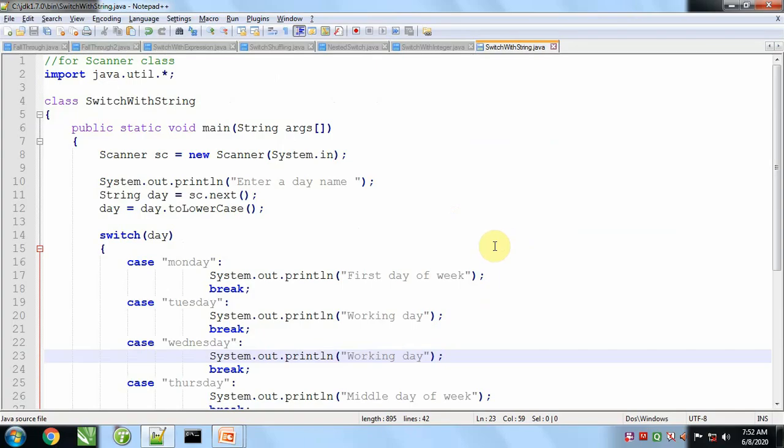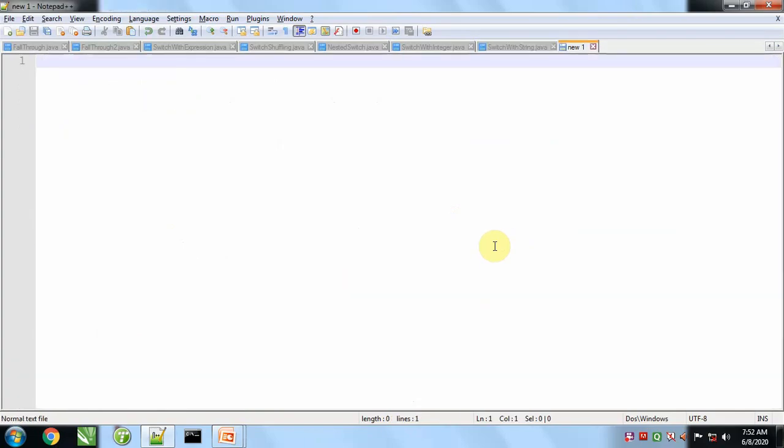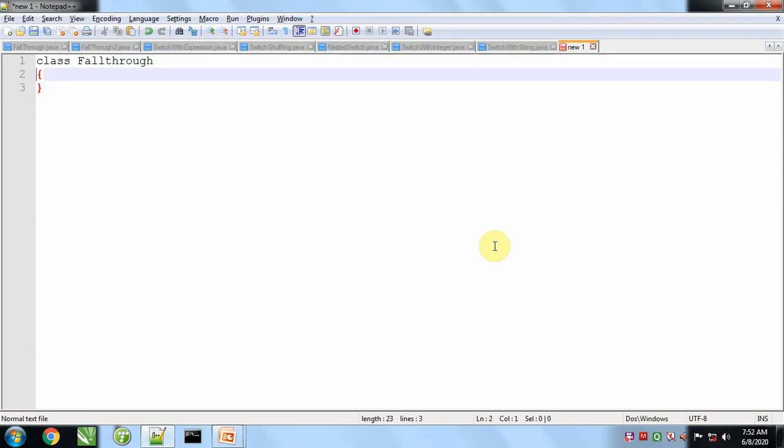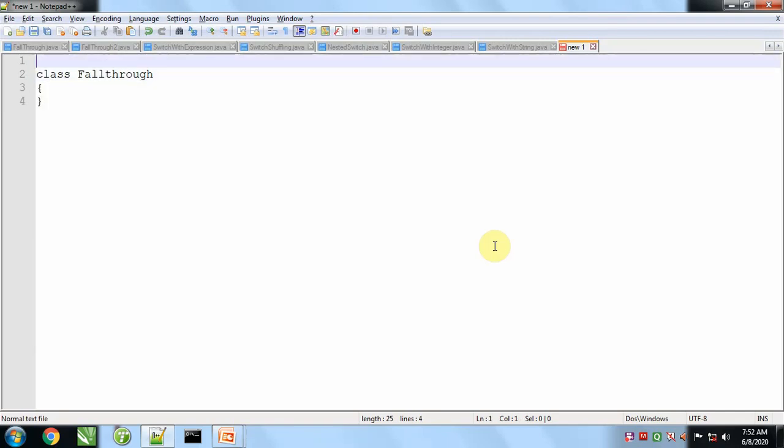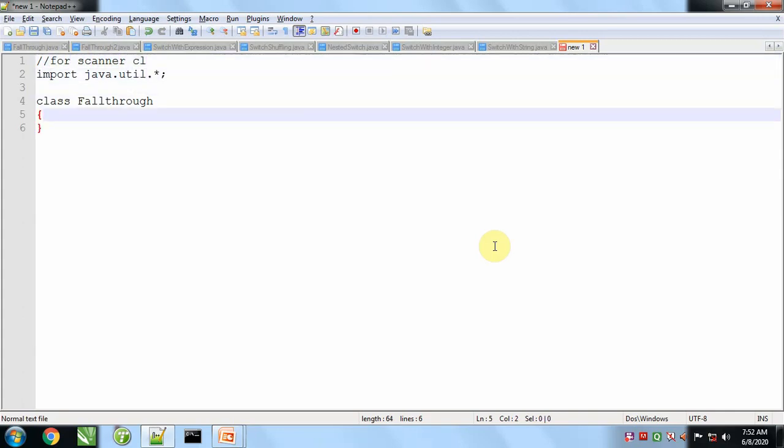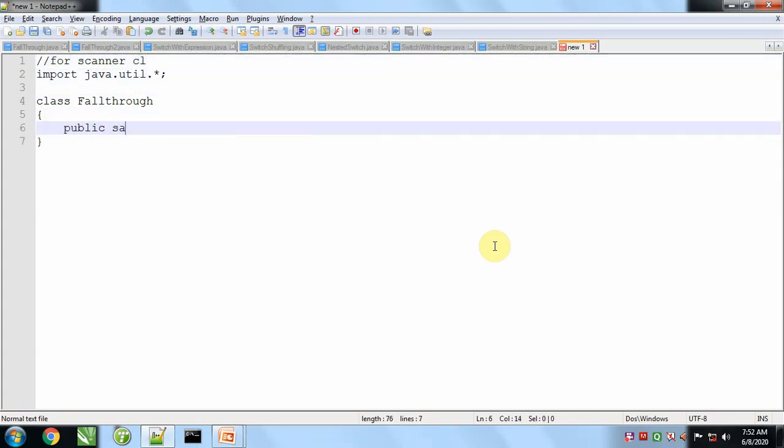For this, first of all, we'll take a class FallThrough. Here we will import a package for the Scanner class, and then we will apply the main method.